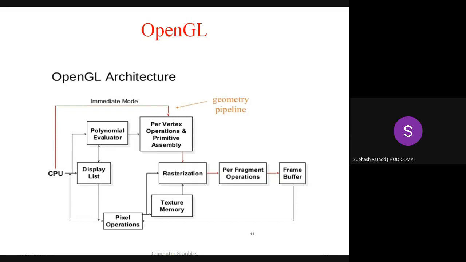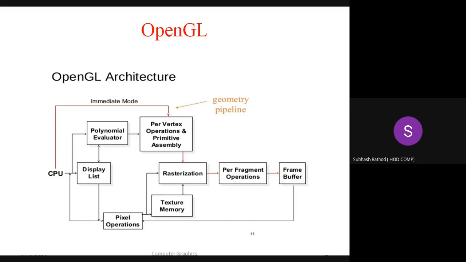Remember, a fragment means a particular sub-part of a particular image. For example, there is an ellipse and I want some part of it, so I intersect it and divide it into various fragments. This dividing of the image into various fragments is sometimes also called rasterization. Rasterizing is the process of converting a particular image or viewport map image into various fragments. A fragment consists of the pixel locations in the frame buffer.